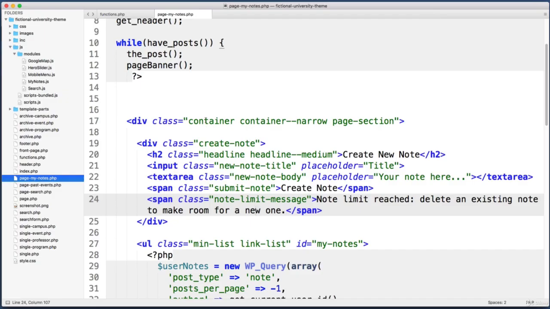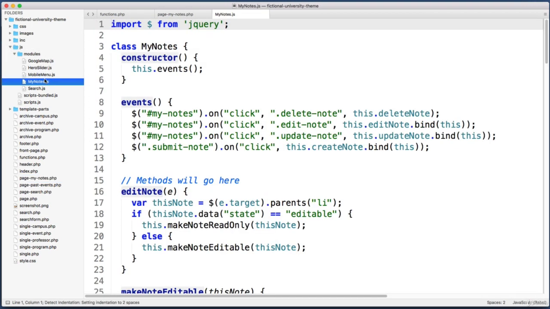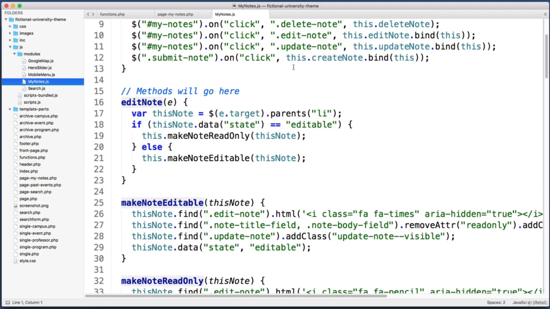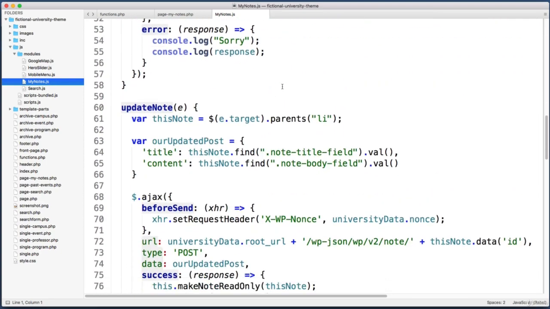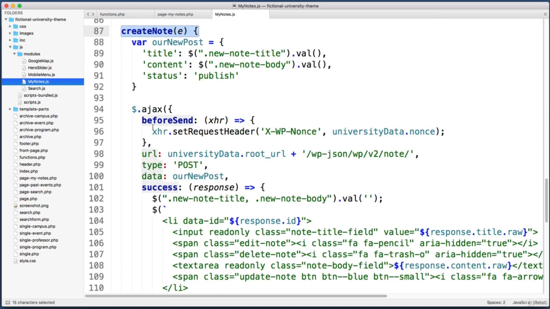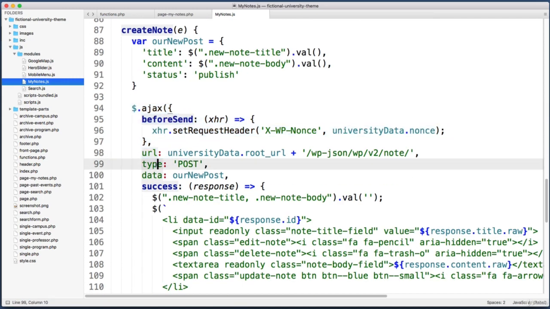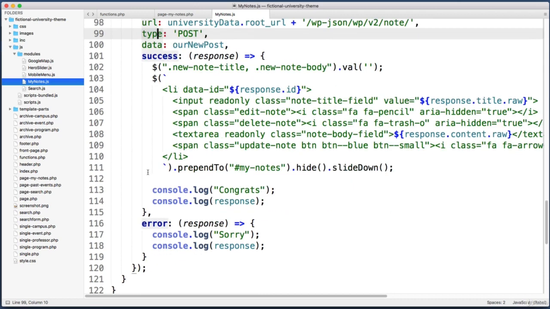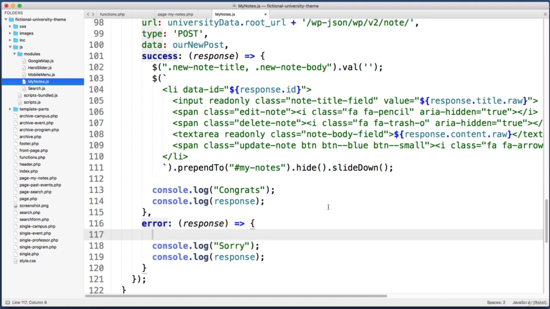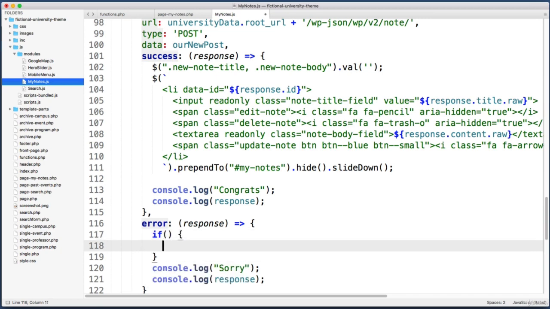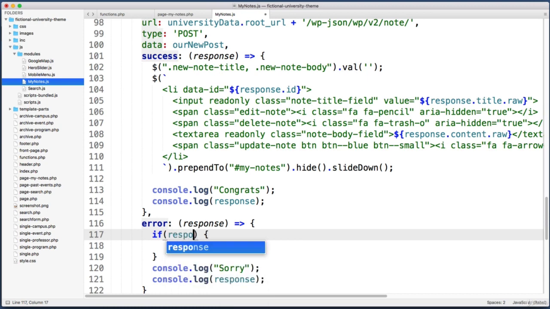So in our text editor, within our JavaScript modules folder, let's jump into My Notes. And let's scroll down and find our create note method. Here it is. And within our Ajax request, let's look for our error property, which is a function that will run only if the request is not successful. And within this error function, maybe right above this console.log, let's add a new line and set up an if statement. So if parentheses, curly brackets, and let's say if response